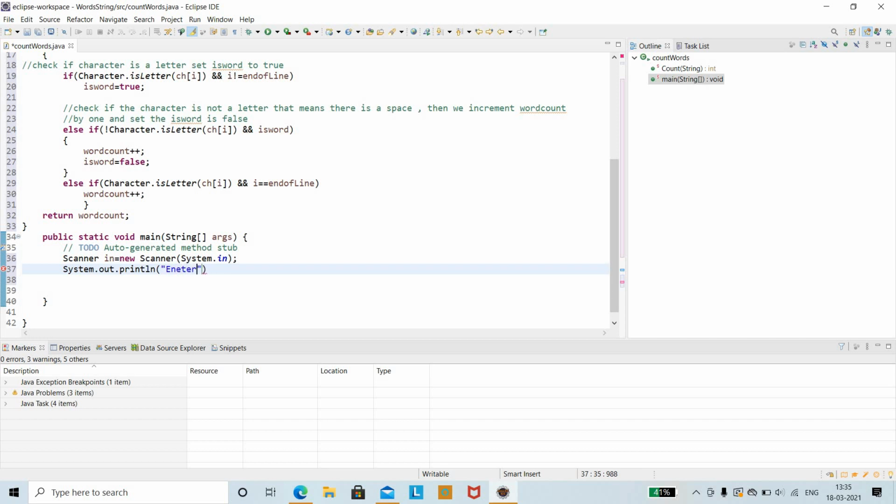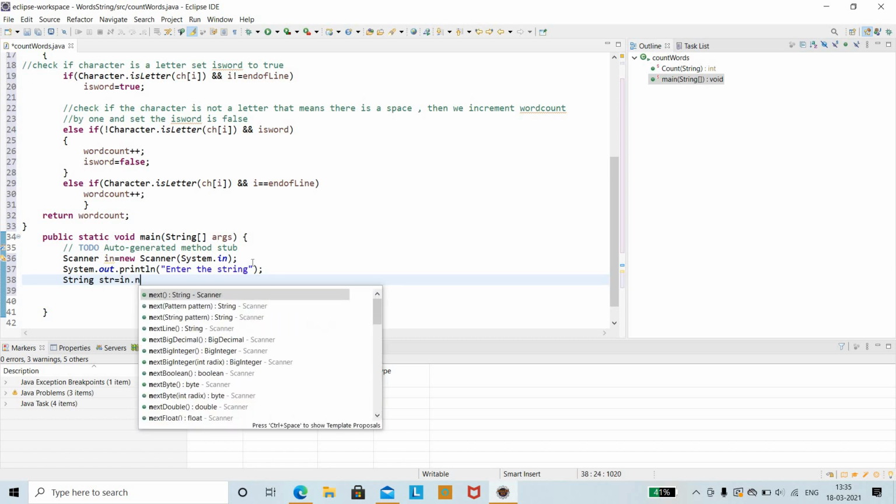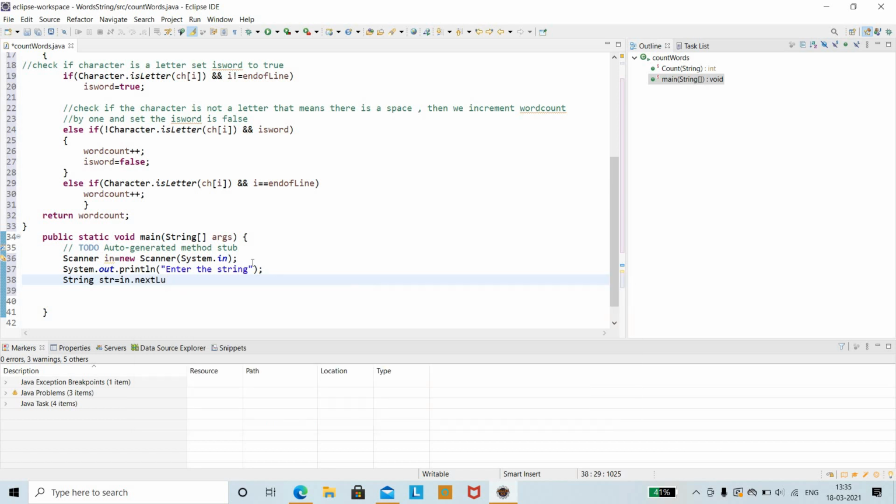After that, you need to read the string. So String str is equal to in.nextLine(). For string you are going to use nextLine; for reading an integer you are going to consider in.nextInt(). This will read the input from the scanner.